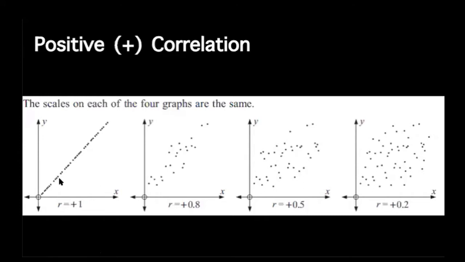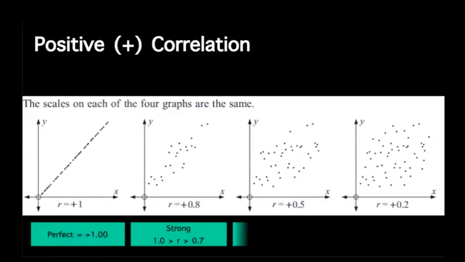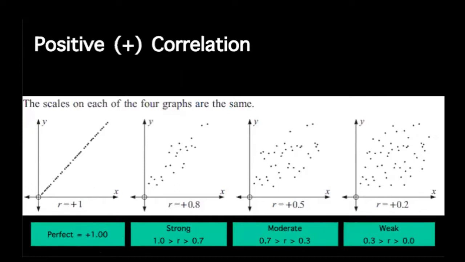But you can see here that the data can be spread, right, at various degrees. And this is going to be what our strength is, right? So a perfect relationship would be 1. A strong relationship is anything between 1 and 0.7, right? So if we drew a line between these, how tightly would those data points hug that line? Okay, a moderate